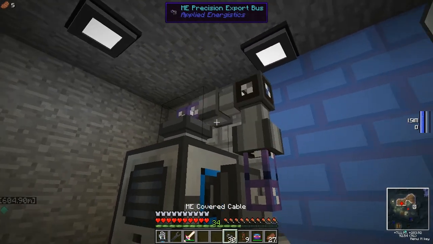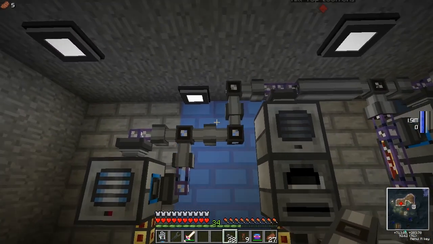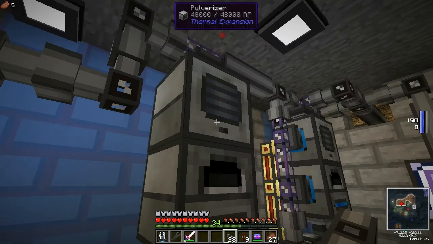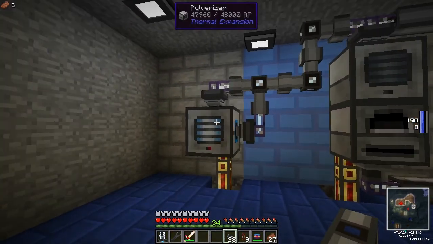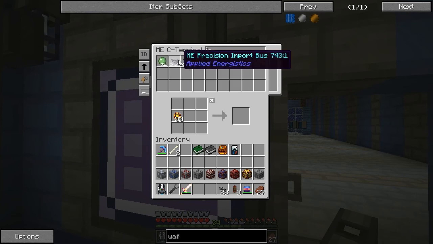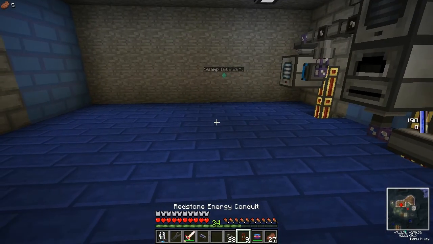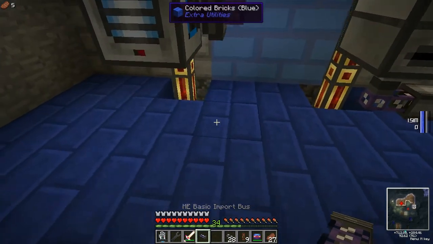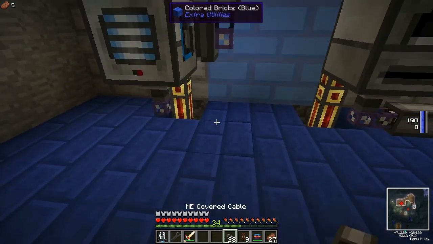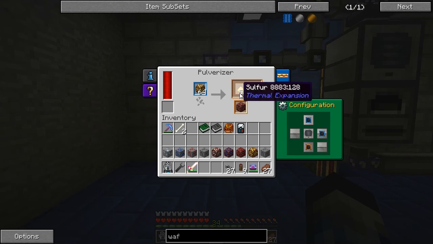And then we will connect it together. Nice and easy. Obviously, I'll put another import bus or export bus on there, sorry, if I need to. So that's going to start pulverizing that. So we need the import. Should probably just build a stack of these, shouldn't I? Because I'm going to be using loads of them for this. This room is going to be filled with import and export buses. And then it just has to come around, and that's going to happily sit there now and process all sorts of